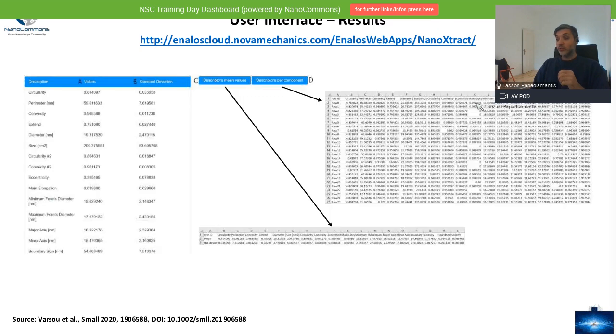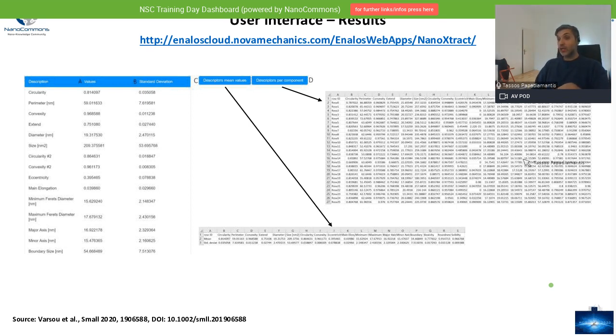So then the tool will provide us with the results after having done all this. As we're going to see soon, it will give us a table that has the averages of all the descriptors calculated by the tool, along with the respective standard deviation. And you can also see how good the analysis has been in terms of monodispersity and so on. As you can see here, you can download the mean values into a CSV file, which you can load into Excel and analyze more.